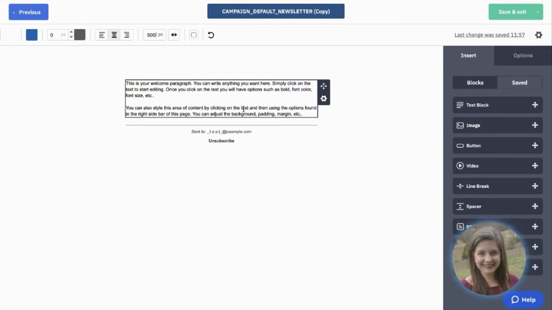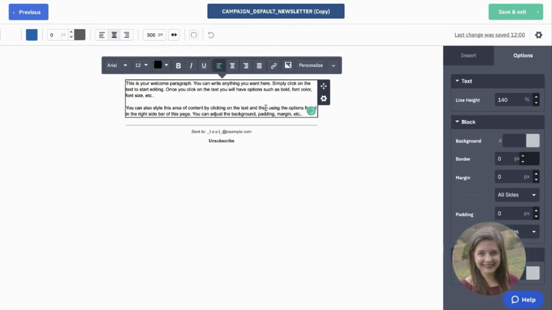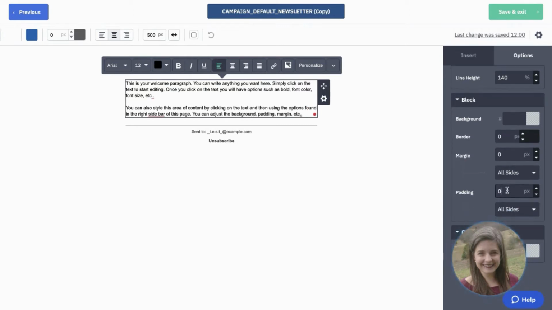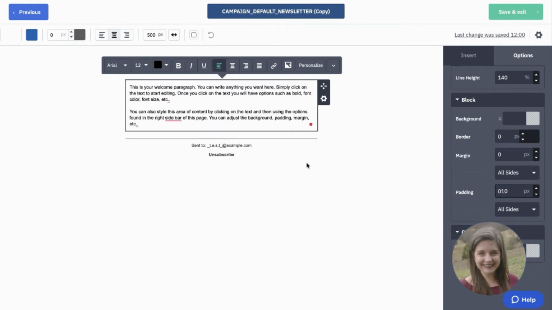We make very narrow columns. All right, now we're going to add a little bit of formatting to the text itself. And so I've got the text box selected. I'm going to add some padding. And so padding is really cushion inside of the text box. I'm going to add 10 pixels to all sides. And that just gives it a nice little cushion so that